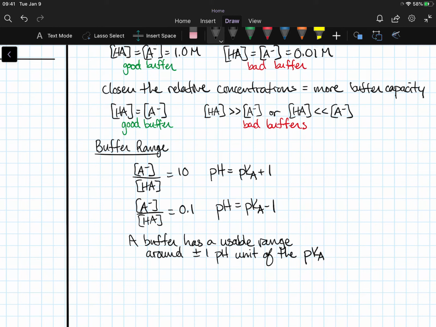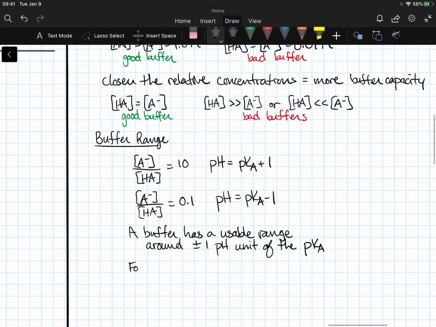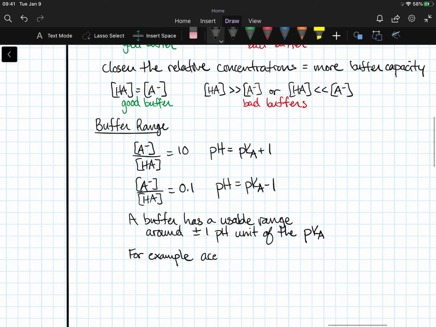So because the pKa is based on the buffer conjugate acid-base pair that we're using, by changing the weak acid and its conjugate base, you're going to be changing Ka, so you'll be changing the pKa. So each buffer system will have a different pKa or pH range that it can buffer around. So for example, if we look at our acetic acid acetate buffer,